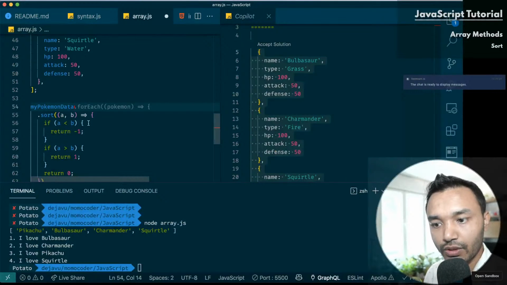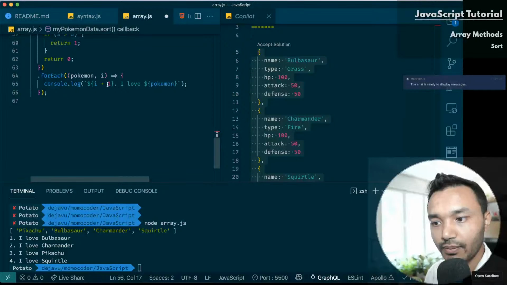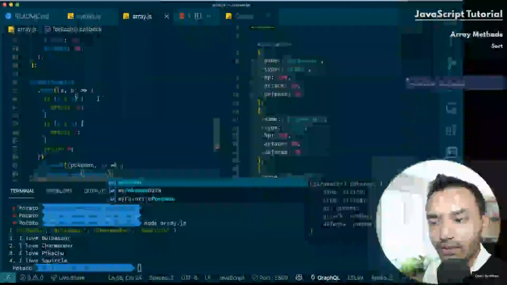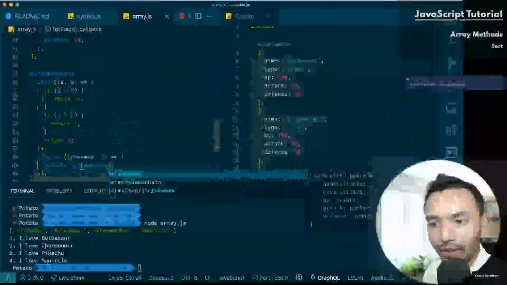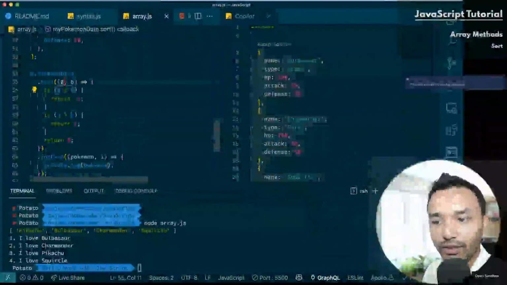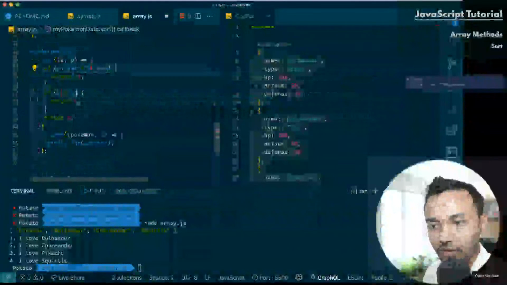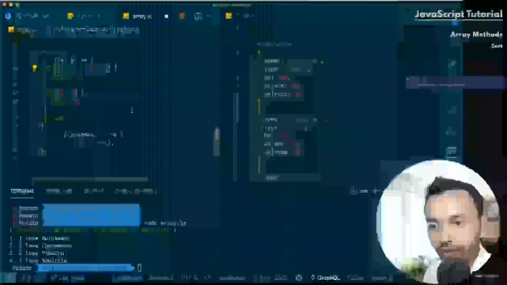So I want to sort this by some way, and I will just log each Pokemon. Okay, for now, if I do this, it will fail because comparing two objects doesn't make sense. You're getting two objects at a time. What you can do is compare its name if they have one. So say all of these are comparing names,